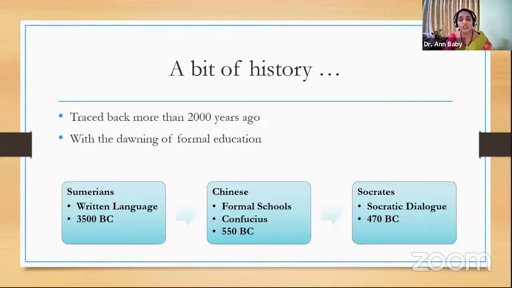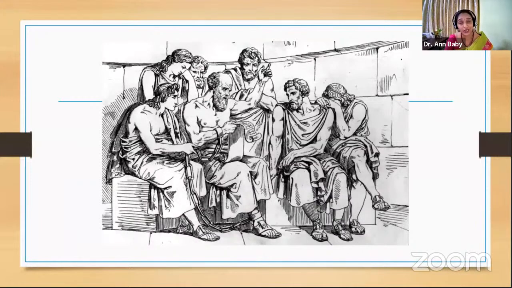Later, after that, Socrates, the famous Greek philosopher, in 470 BC, came up with the very famous Socratic dialogue, a kind of dialogue between the student and the teacher. All of you might have heard about Socratic dialogues and even Plato's dialogues. As you all know, Plato was Socrates' disciple, and they always had these heated kind of arguments. This is an artwork of Socrates and his pupils, and you can see Plato on his right side. There were arguments always between Plato and Socrates, and that came out as Socratic dialogues and Plato's dialogues.